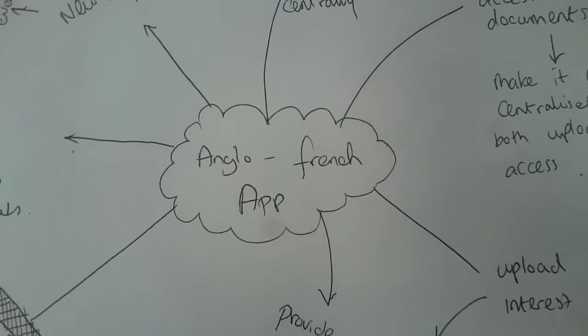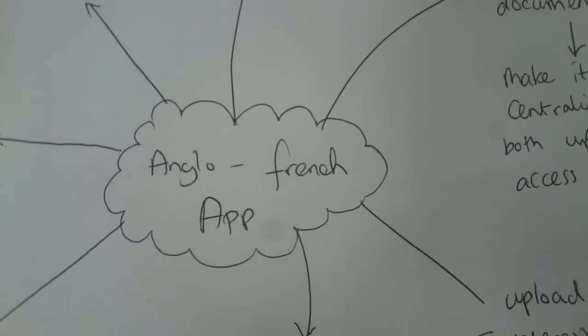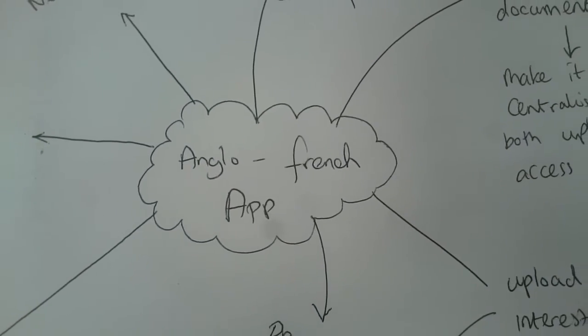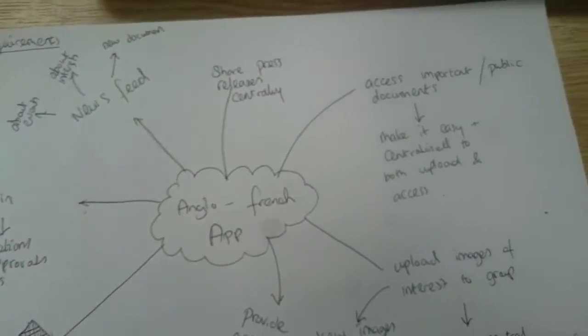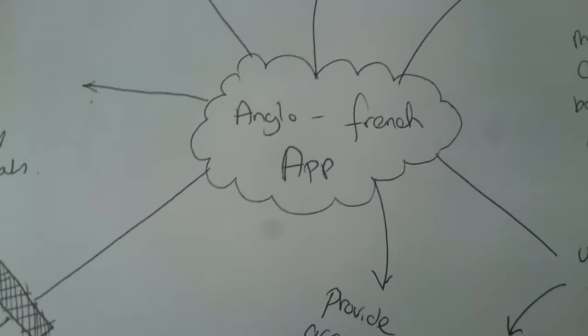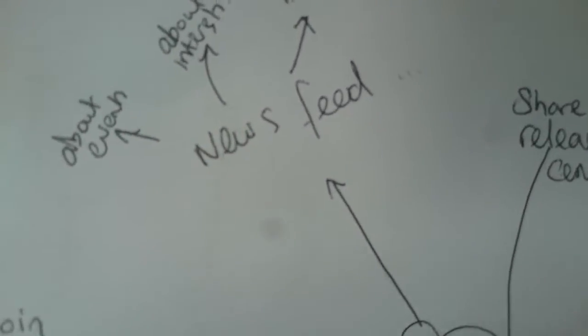So this is a mind map, or spider diagram, however you want to term it, for a project, the Anglo-French application. And what I'm trying to do in here is look at the user requirements. So based on the existing website, some of the things might stick around. So it's probably entirely appropriate that they've got a news feed,